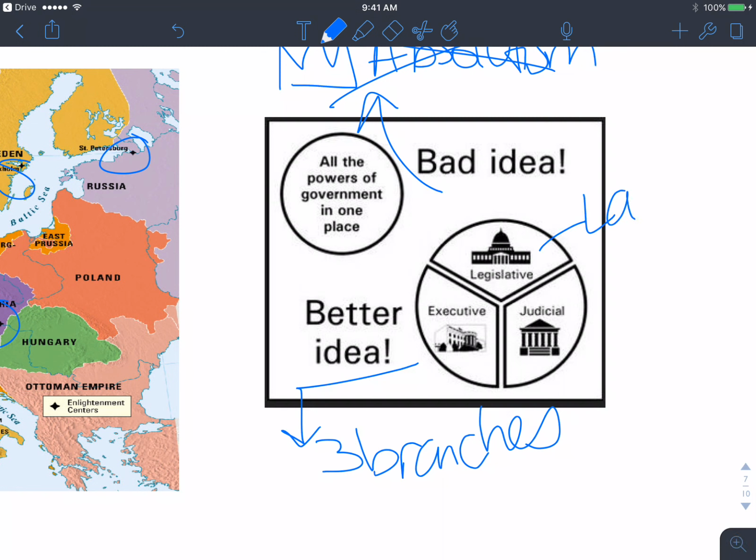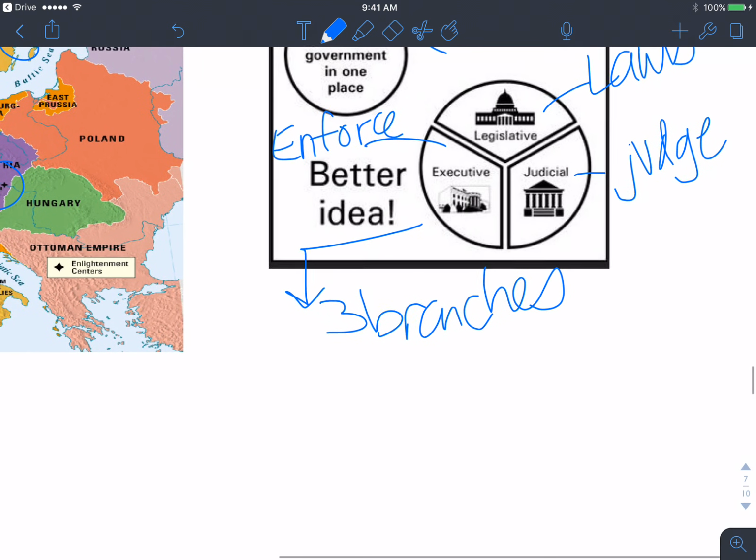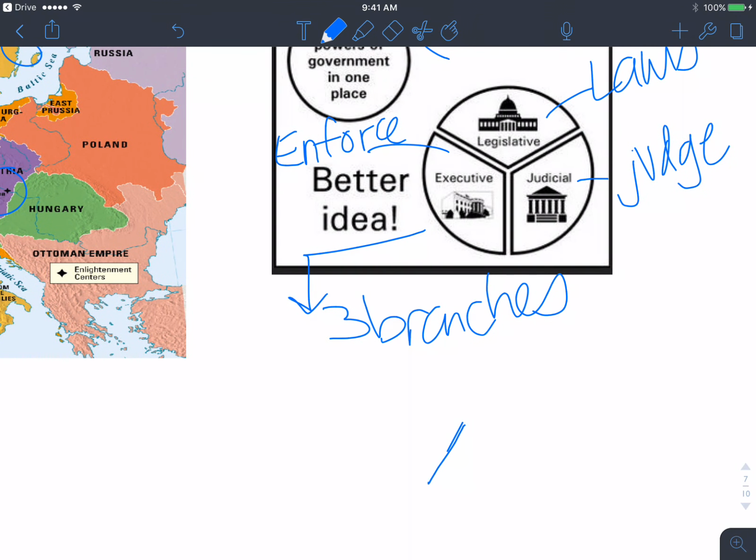Okay? Here you're making laws. Here, okay, you're going to judge whether those laws are fair, whether people are acting according to the law, or if their actions violate that. And the executive branch is here you're trying to create organizations and little bodies to enforce those laws. And together the idea, when you have 3 branches of government, is to keep all of the power balanced.